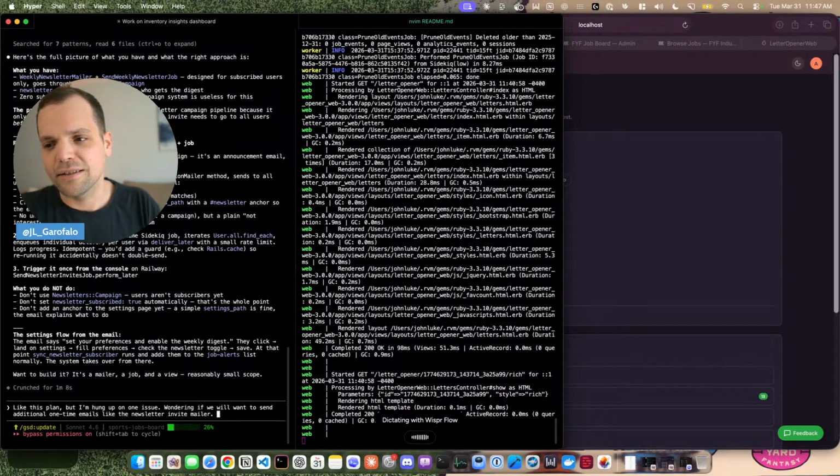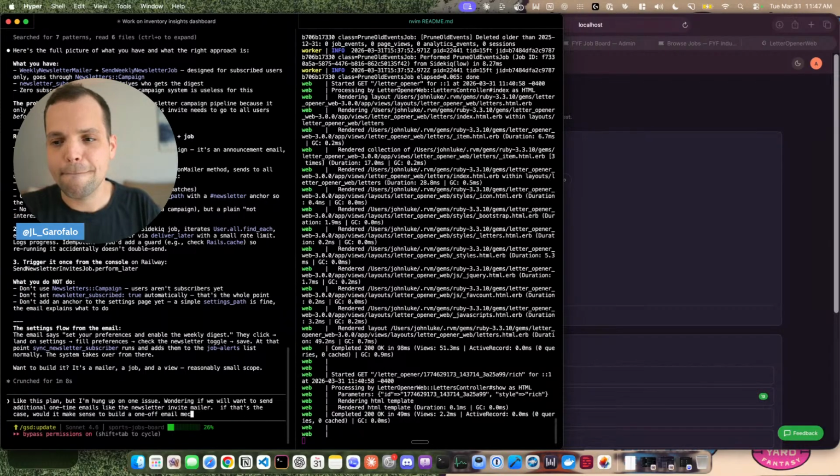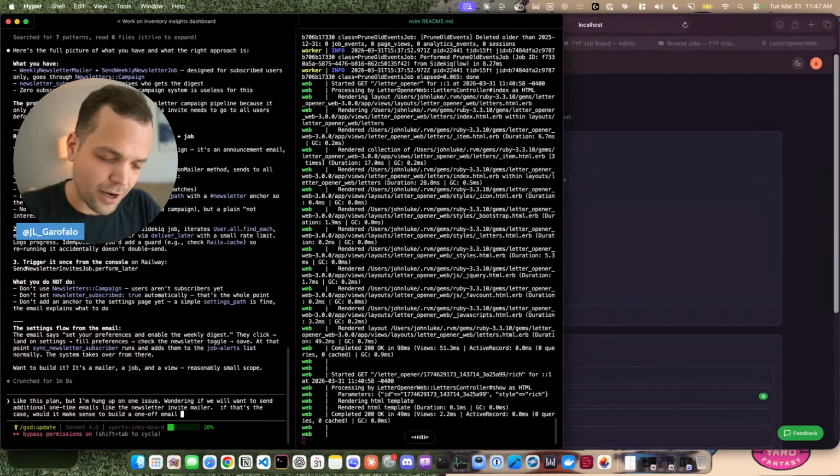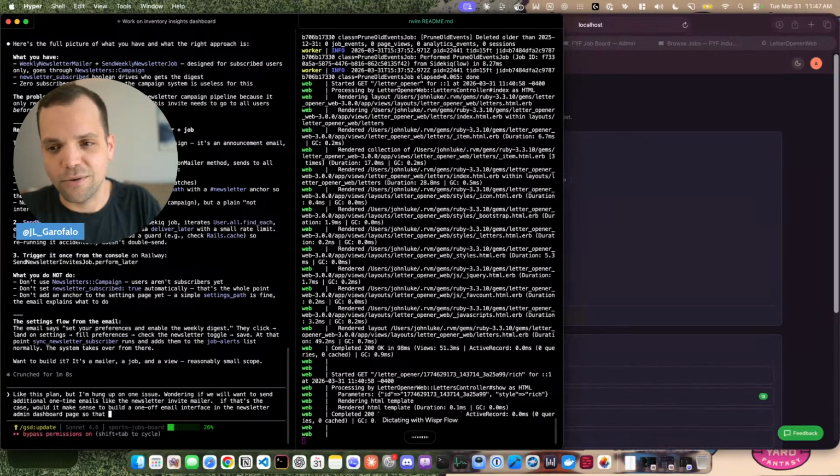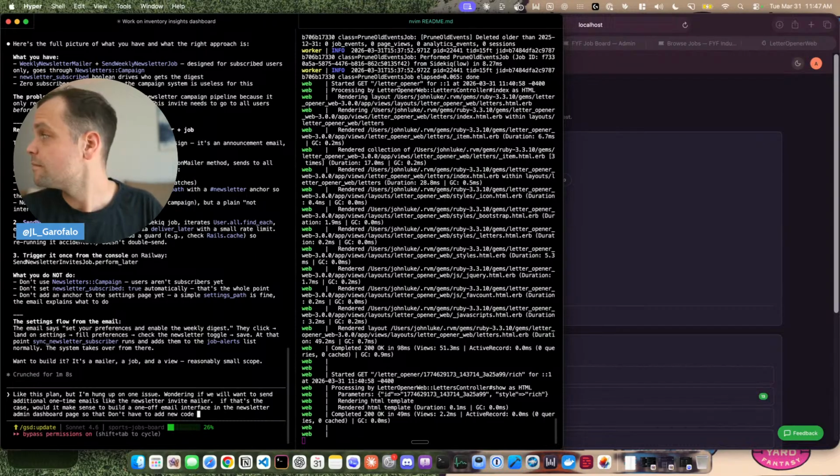If that's the case, would it make sense to build a one-off email mechanism interface in the newsletter admin dashboard page, so that we don't have to add new code every time we want to send a new one-off email?